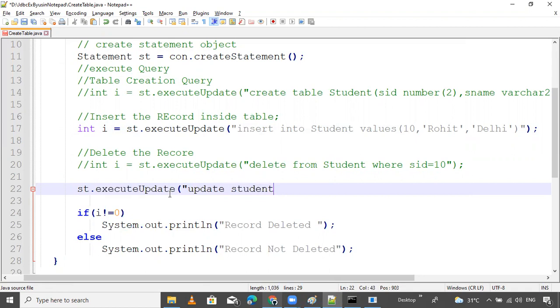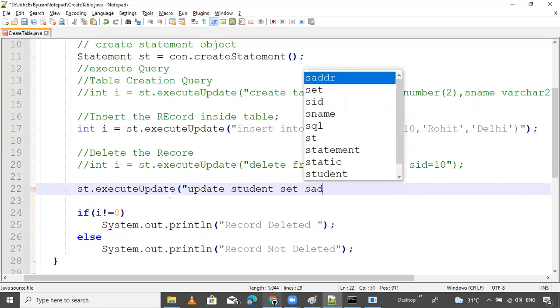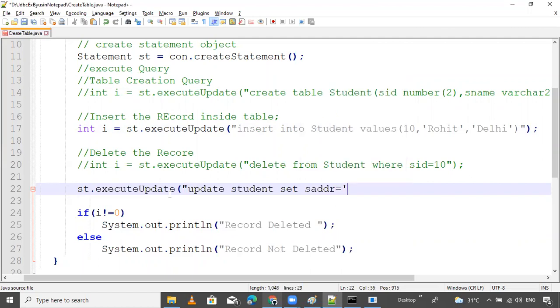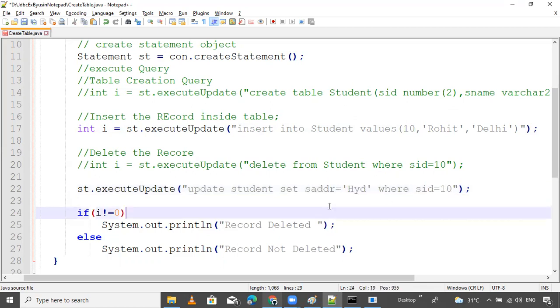Set address, suppose the address will change, set ADDR equals Hyderabad instead of Delhi. Now where SID equals 10. The record containing SID 10 changes the address from Delhi to Hyderabad. Simple.